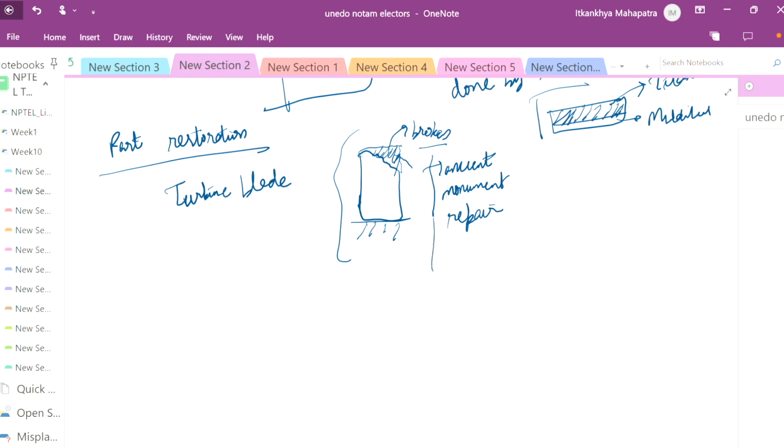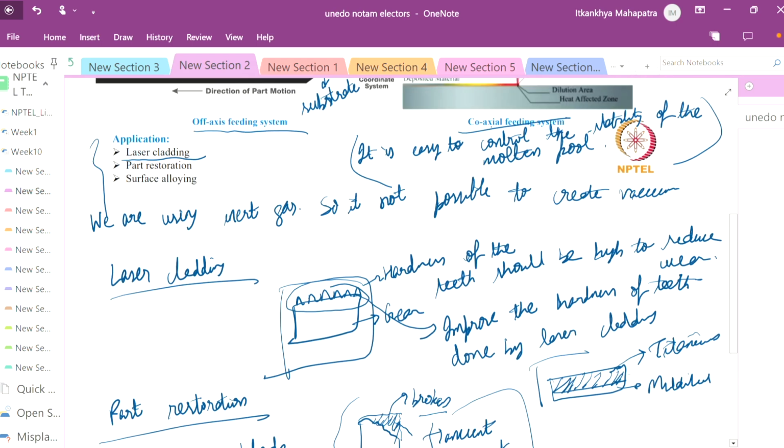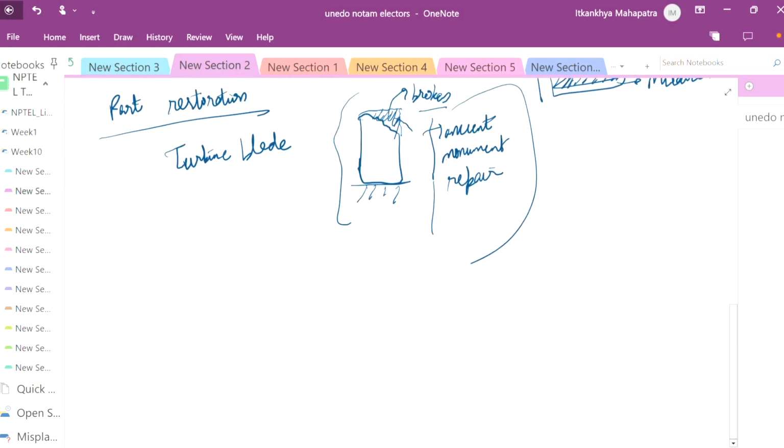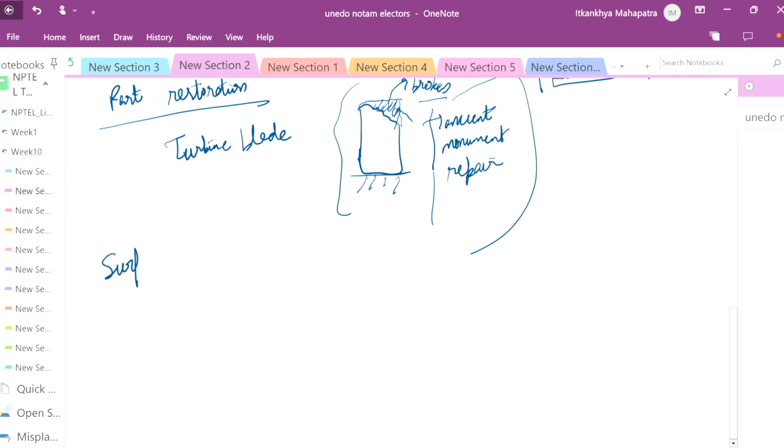So this technology is also used. Okay. Next is surface alloying. Surface alloying is